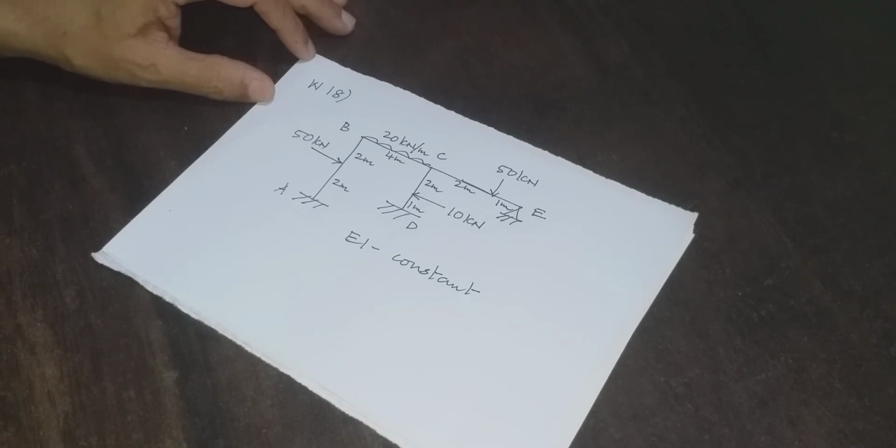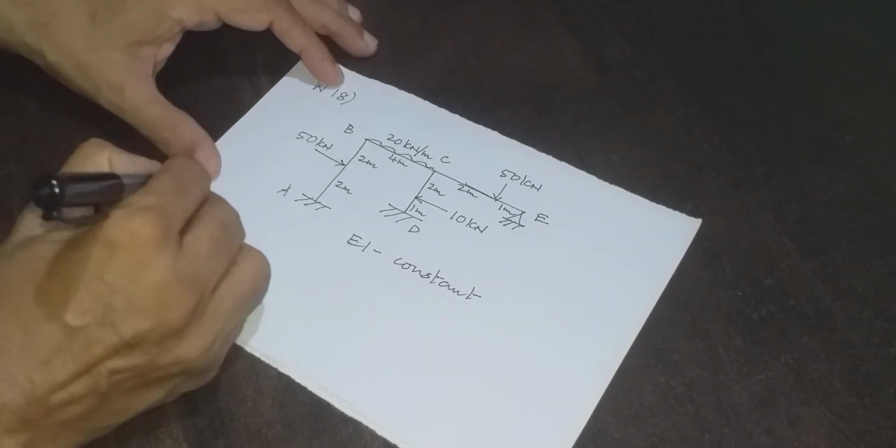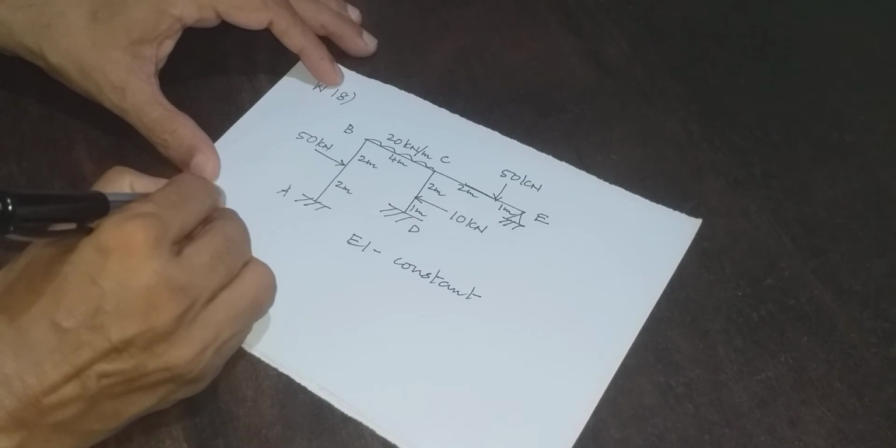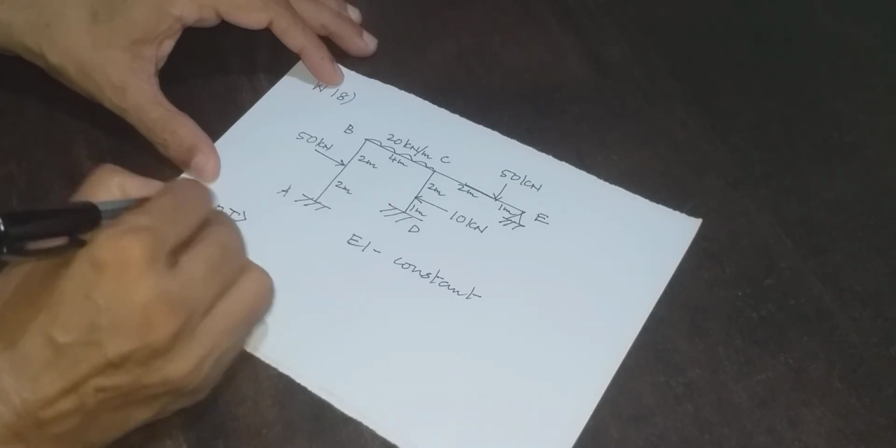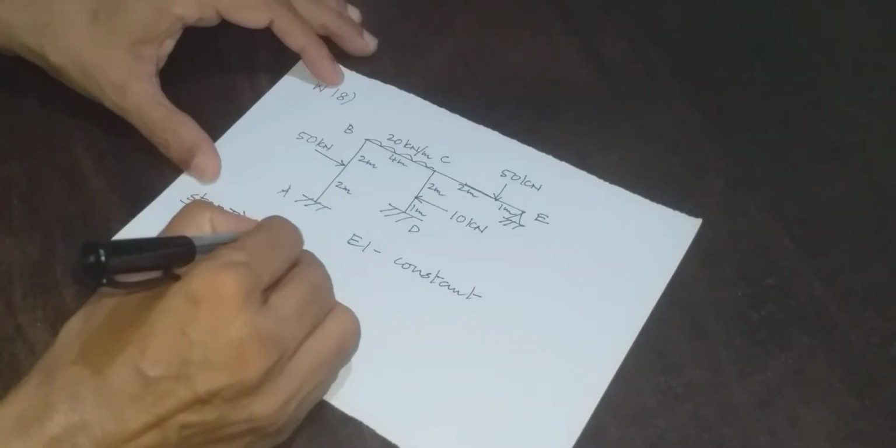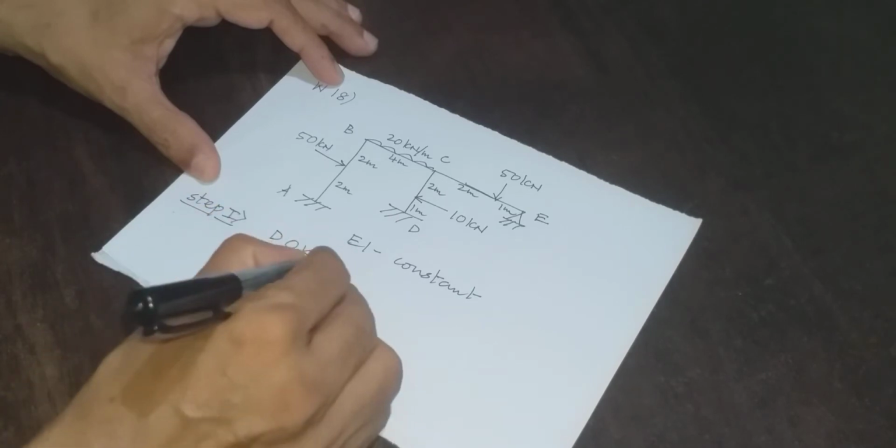because in our matrix stiffness method, our frame element stiffness matrix contains the coordinates for axial deformation, that is AE by L 0 0 minus AE by L 0 0. This is nothing but axial deformation. So the first step in analysis of the frame is degree of kinematic indeterminacy.